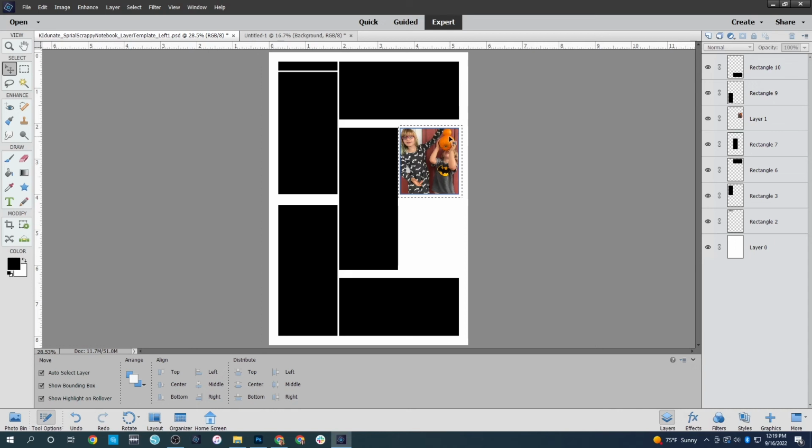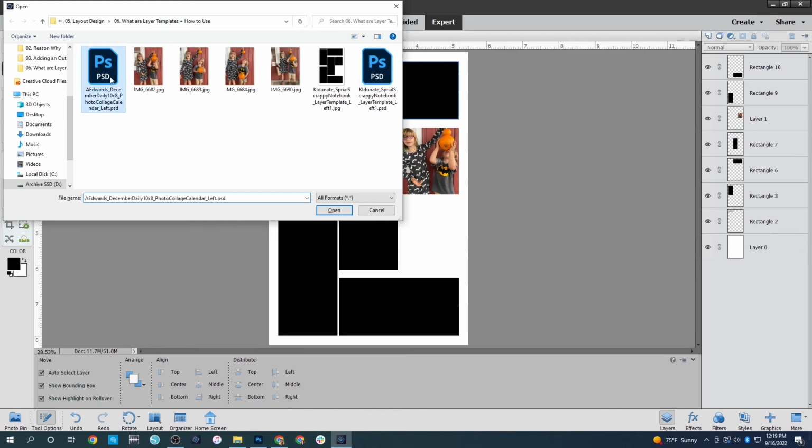And definitely I prefer the functionality of Photoshop Creative Cloud in this instance a lot more. But yes, that being said, let's go ahead and open up the second of our